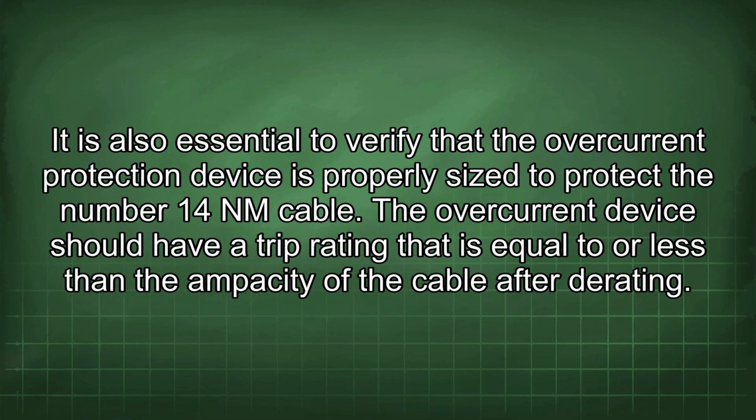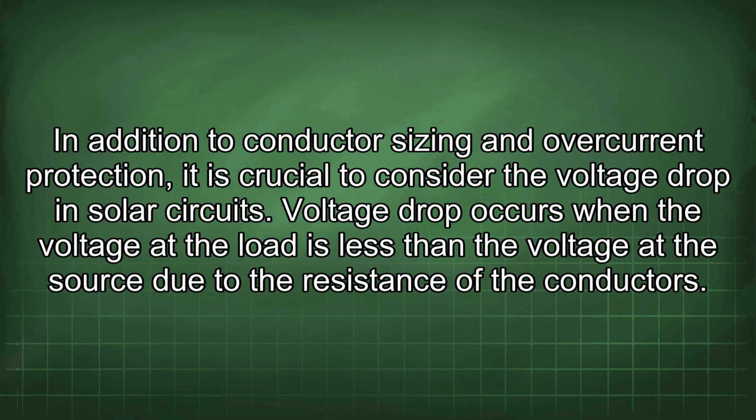It is also essential to verify that the overcurrent protection device is properly sized to protect the number 14 NM cable. The overcurrent device should have a trip rating that is equal to or less than the ampacity of the cable after derating. In addition to conductor sizing and overcurrent protection, it is crucial to consider the voltage drop in